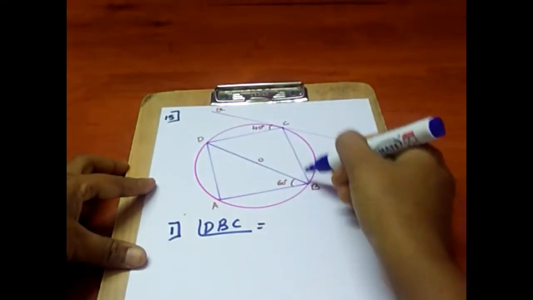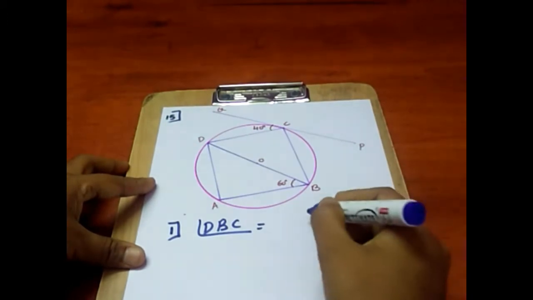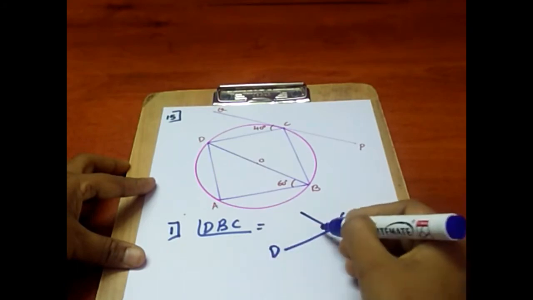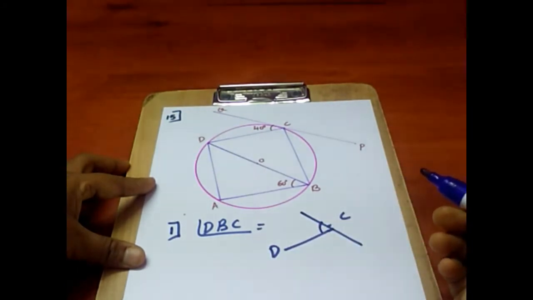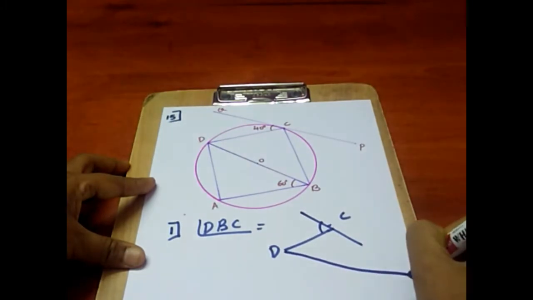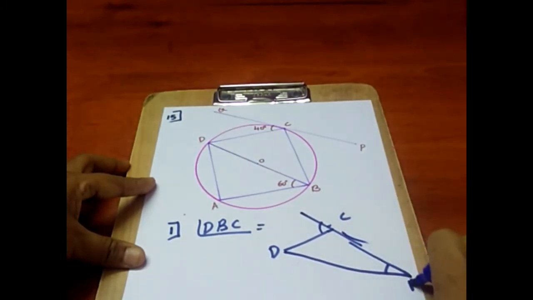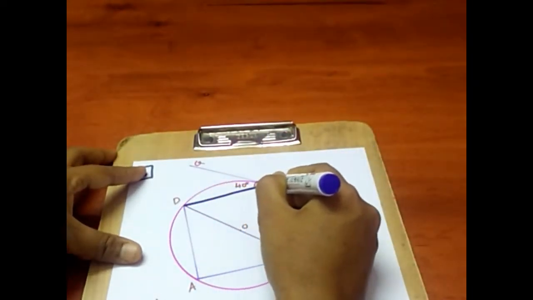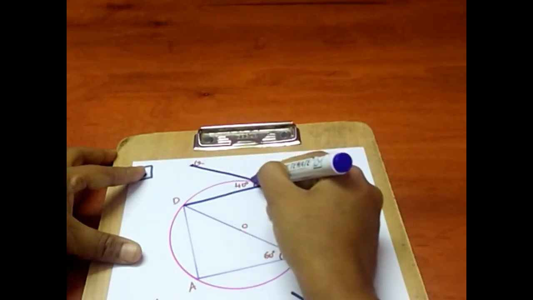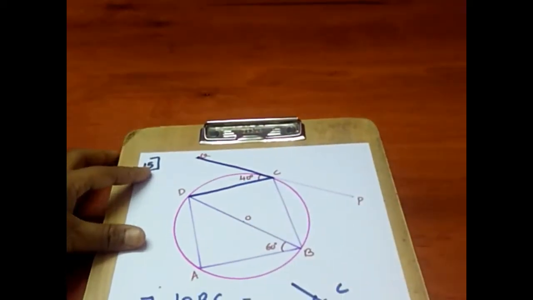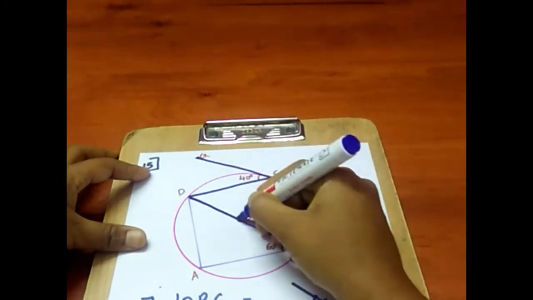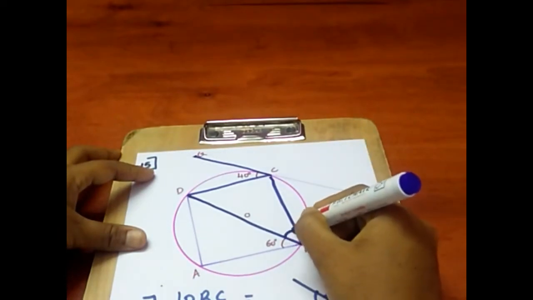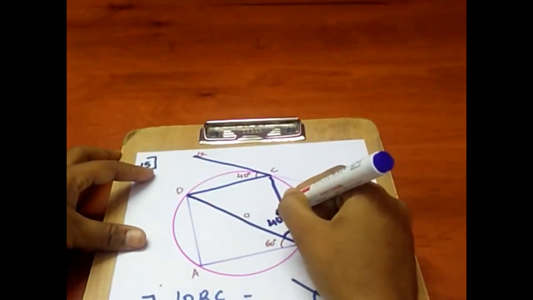This is angle DBC. You can easily note down, children, a tangent is at point C and CD is a chord, so the angle formed at the intersection point of a chord and a tangent is equal to the angle in the alternate segment, that is nothing but angle DBC. Here I am going to highlight, you can just observe DCQ is the angle at the point of intersection of a tangent and a chord, and angle DBC is the angle in the alternate segment. Hence the measure of angle DBC is equal to 40 degrees.